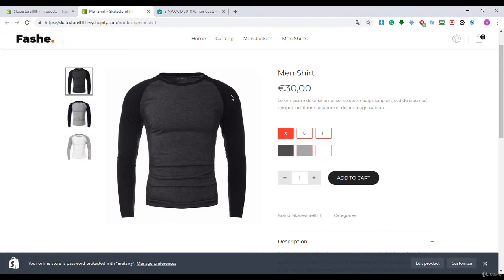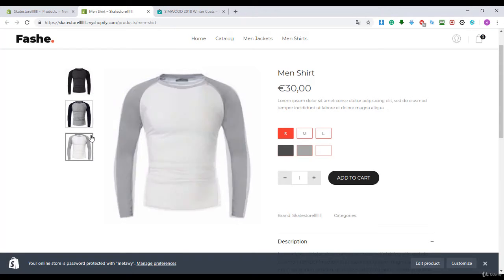Okay, that's great. We got our sizes right over here, S, M, and L. And you can also add other sizes. And here we got the colors, the different colors in green and white. So that's right over here. And yeah, that's great. That's a variable